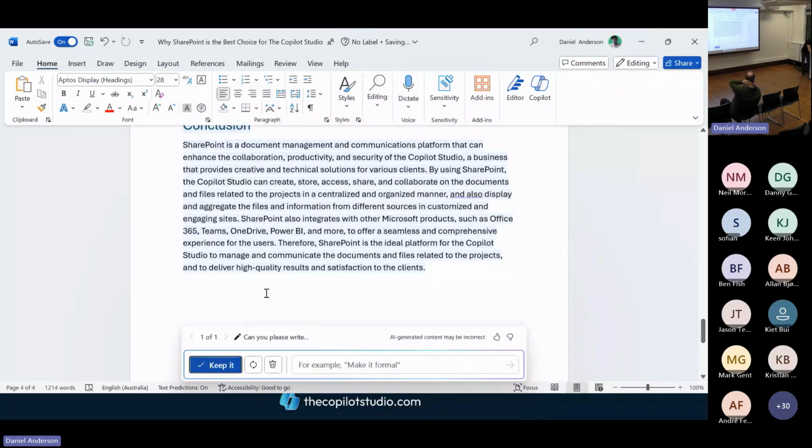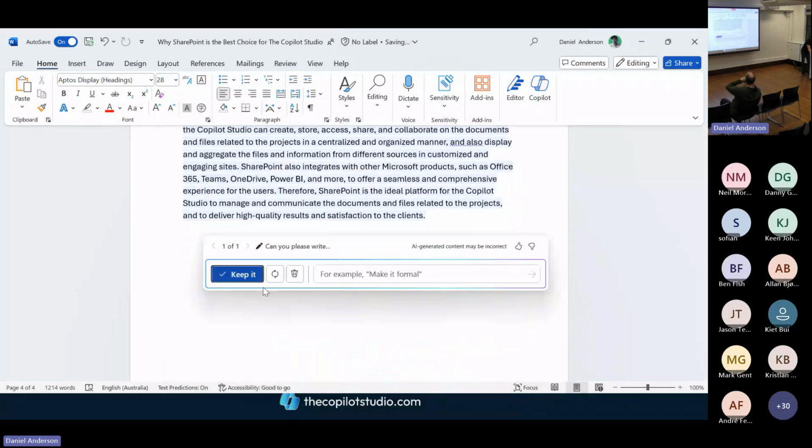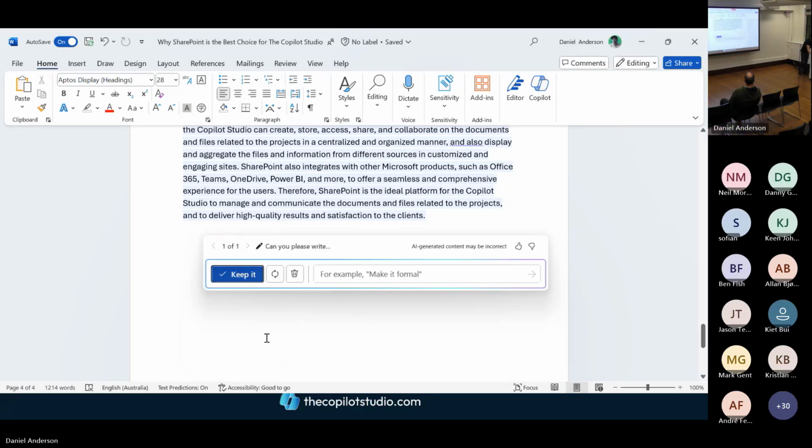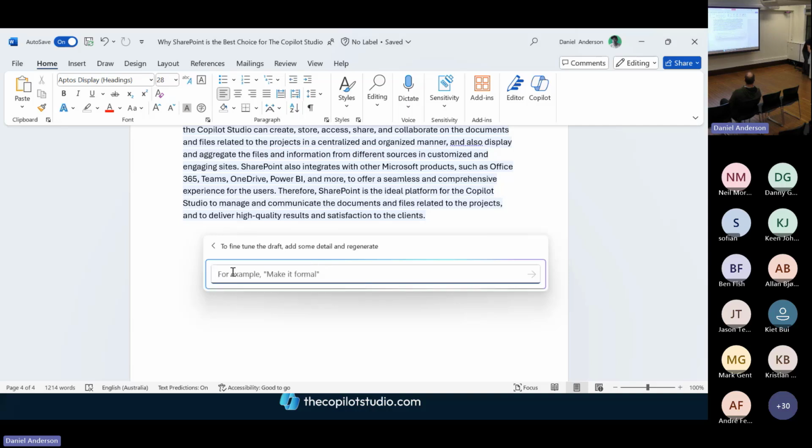So once this is finished, we've got this little panel down the bottom here. You can see here that we've got one of one. We can edit. If we're not happy with that output, we can edit our prompt here and it'll regenerate for us. Okay, so that's the prompt that we did use. We can use this option here to regenerate. If we're not happy with that, it'll use the same prompt and it'll regenerate that output for us, or we can refine it. So this little box here stays in context of this document and we can refine what the output is. So what I want to do is